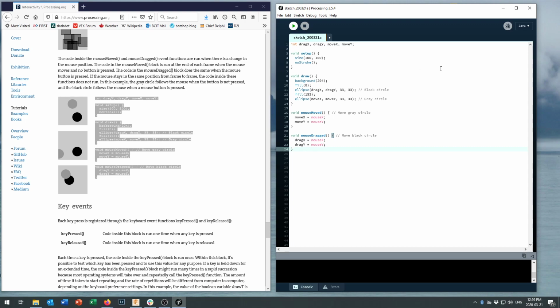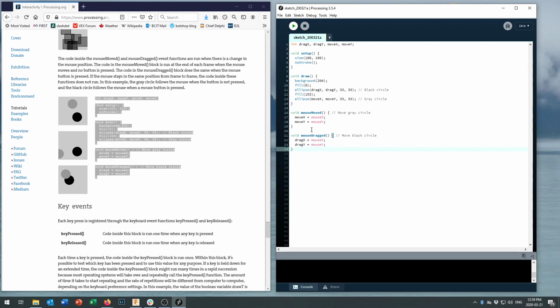It takes a look inside the memory, pulls that value, puts it right into the x value there, goes and gets the y value's location, pulls it right into here. Same thing down here, x and y. Well, where do those values come from? They come from these routines that are happening kind of independently based on an interrupt, based on something happening. Okay, so what's happening right in here is if the mouse is dragged, drag x equals mouse x,